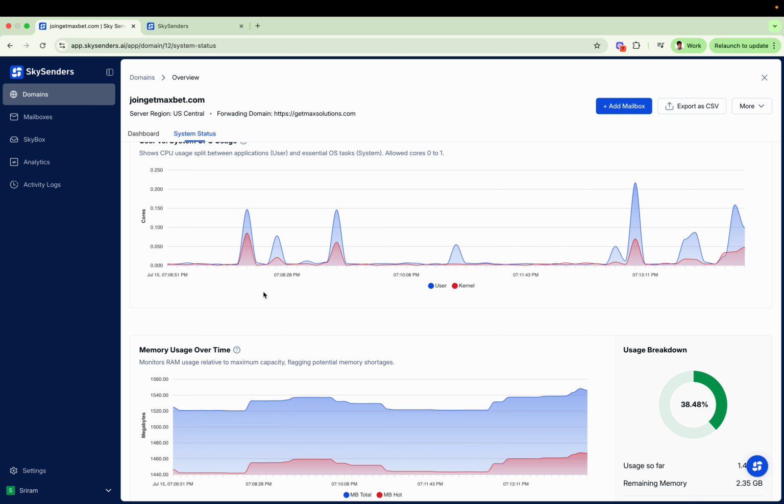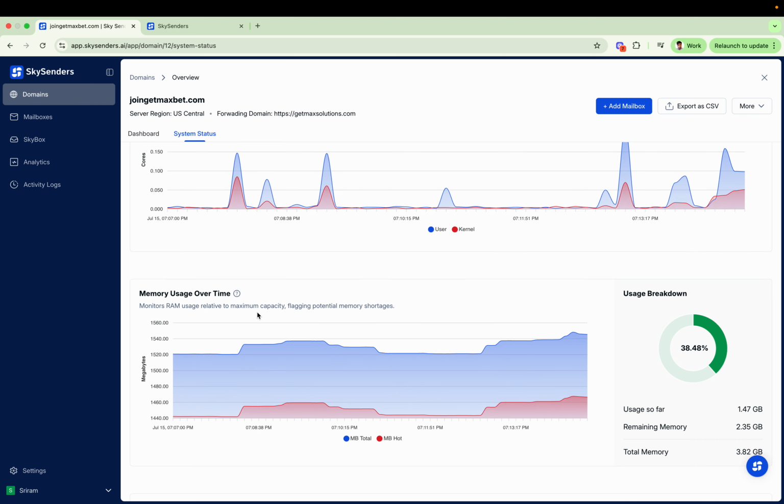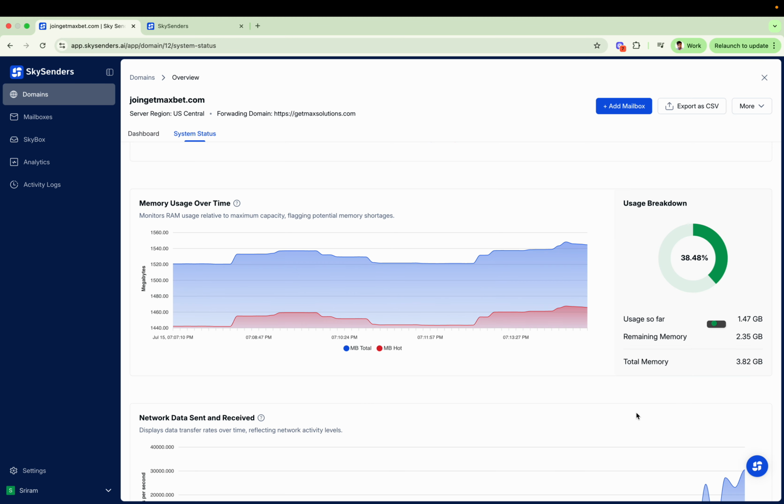If you think something is not going right with your server, you can check it live from here. These are live from the server, along with the usage breakdown. One can see the memory. Right now we provide